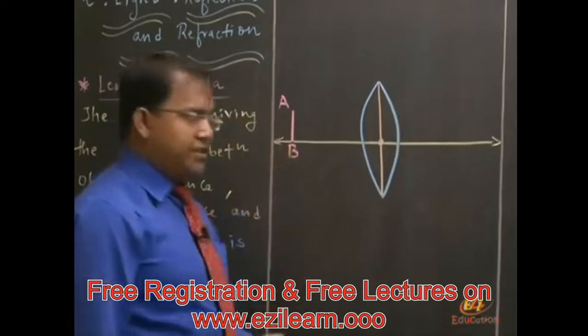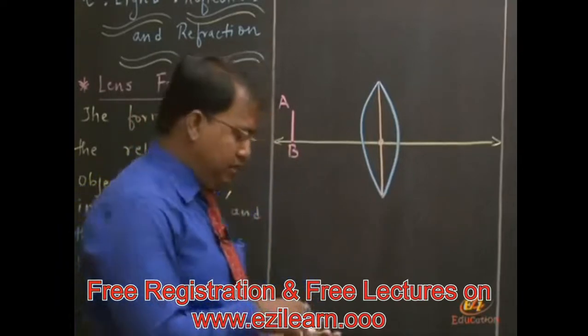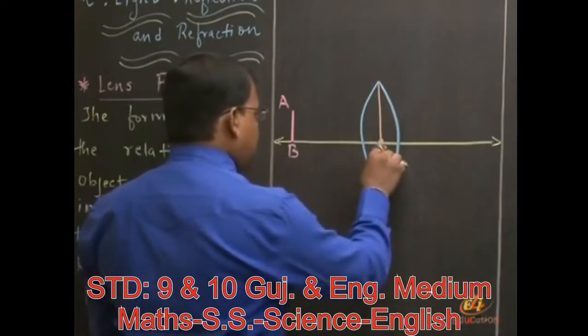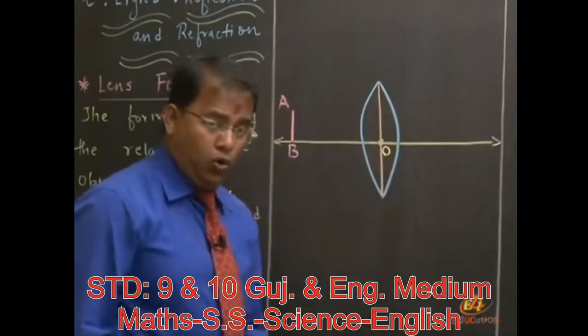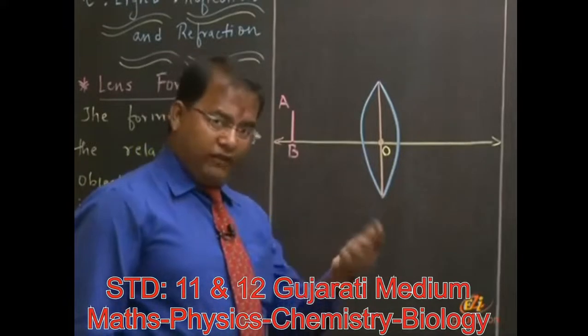This is the object AB, which we are going to use to find out our answer. You exactly know the center of the lens. Name it as O, origin, and AB is the object placed on the left hand side of the lens,